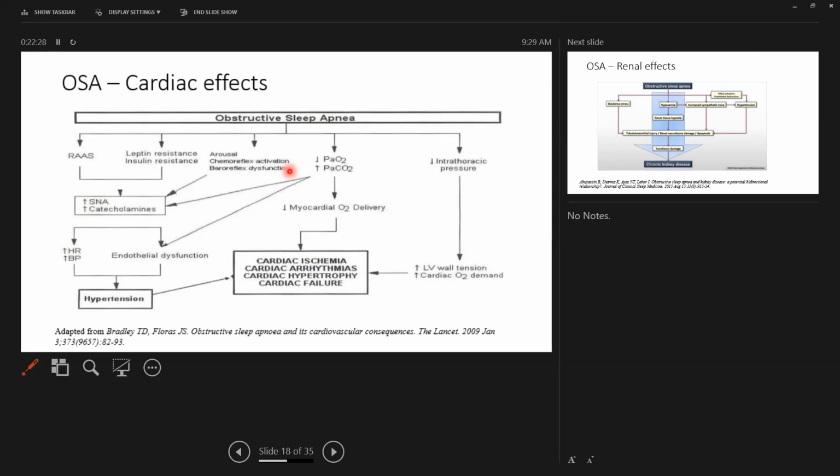The macrostructure of the cardiac wall will be disturbed. The circulating hormones and the catecholamines will be disturbed. All these things lead to increased BP and increased work pressure for the cardiac muscle, which may lead to cardiac arrhythmias in an already